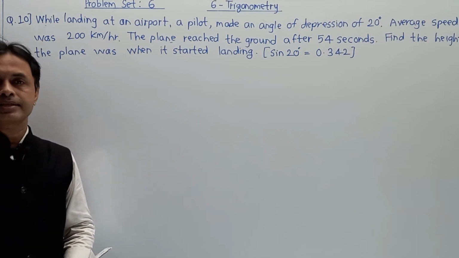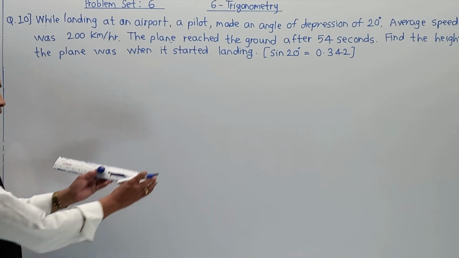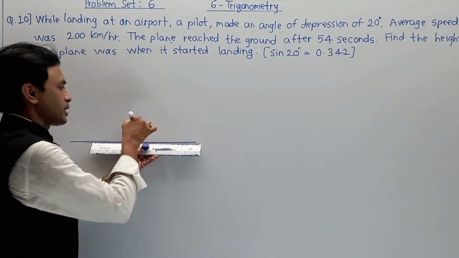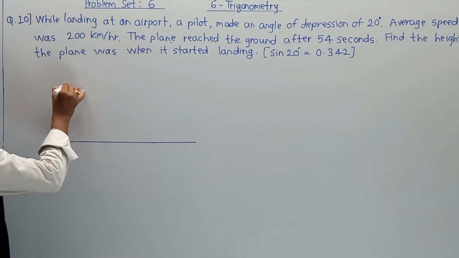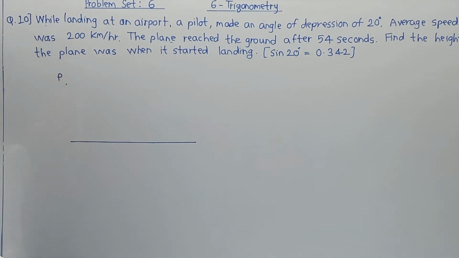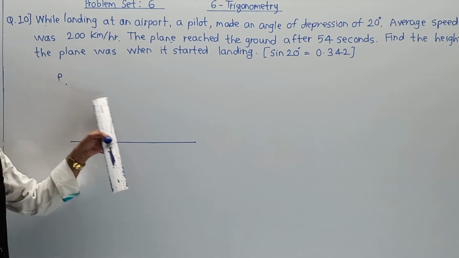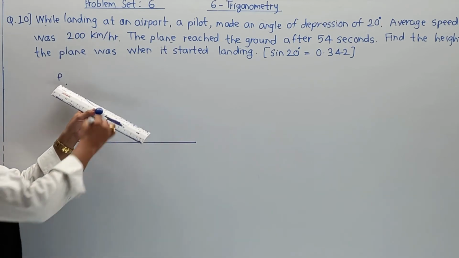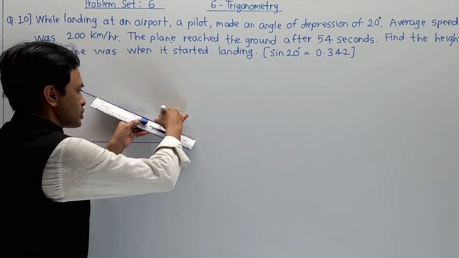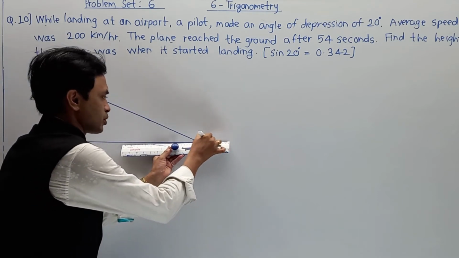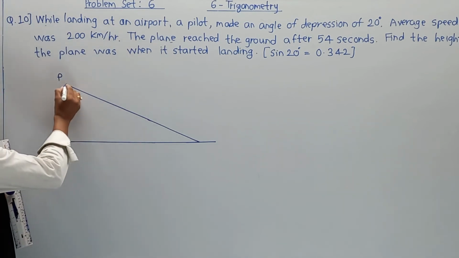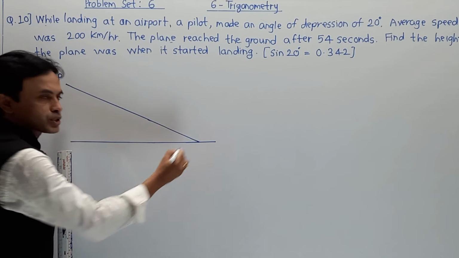In this case, let us understand step by step. Let us say this is a base. You can logically say that base means the basement line or the ground. There is a particular pilot in a plane. So for that pilot I am going to use the letter P over here. This pilot is in a plane and he is going to take his plane for landing. This plane is coming in this direction, taking a landing position, and here it is going to touch the ground. So this pilot is taking his plane towards the ground.